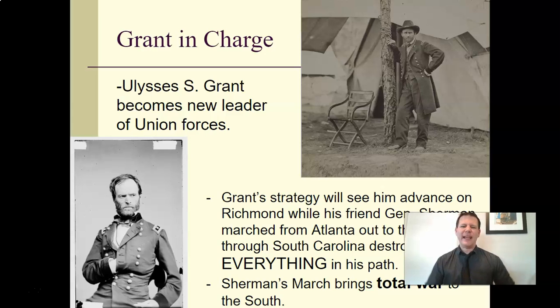So for example, every town he comes across, he burns it to the ground. Every farm he finds, he torches it. Every piece of railroad track, and there's not many, he will tear it up and twist it so the South can't use those railroads, right? Any food, they won't be able to eat it. Any homes, they won't find any shelter because I'm destroying everything I can.